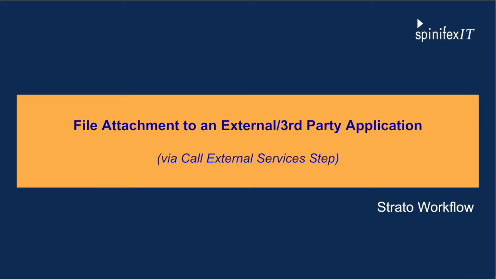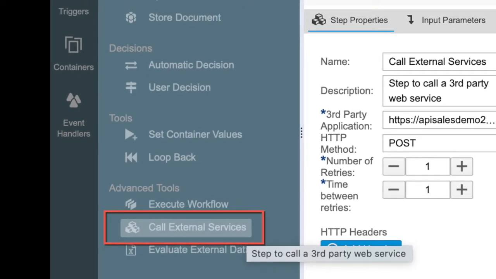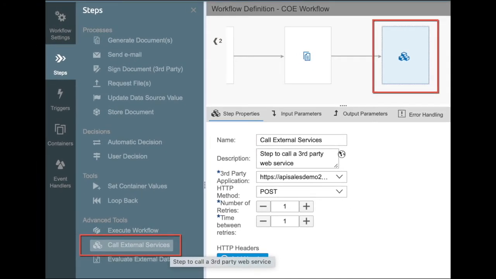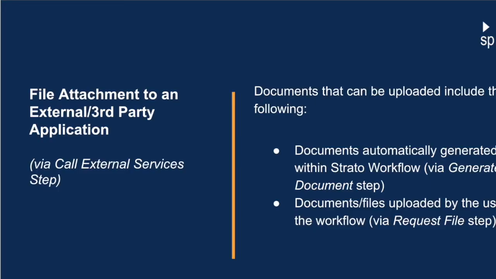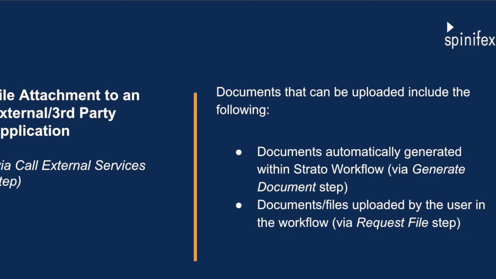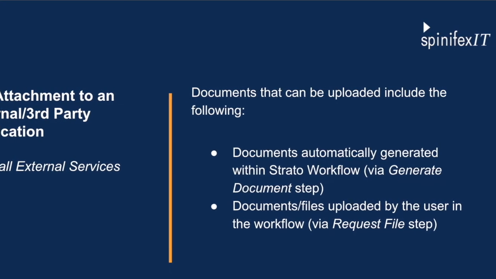Next is the new capability of Strato Workflow to attach documents to external applications or third-party applications. This is made possible by the Call External Services step through its API Body Builder feature. Using the Call External Services step, documents from Strato Workflow can be uploaded in a third-party application via API, and